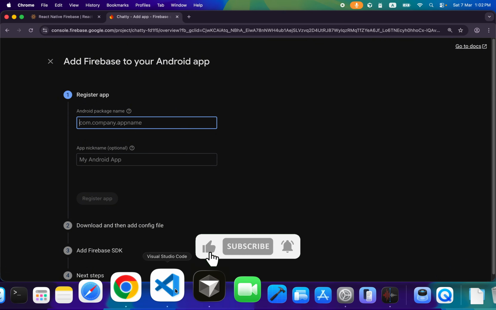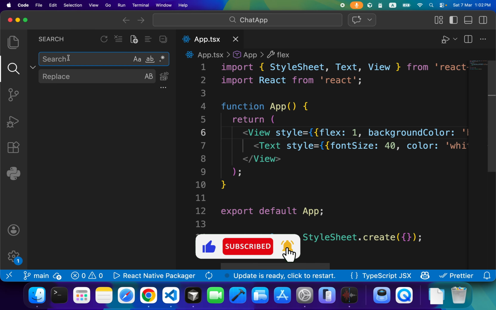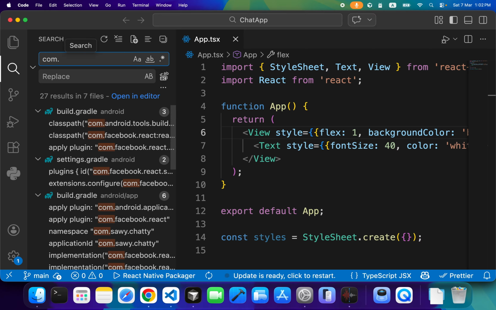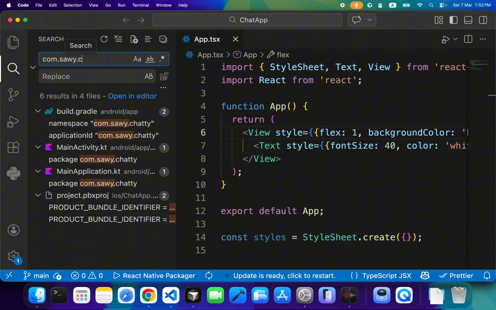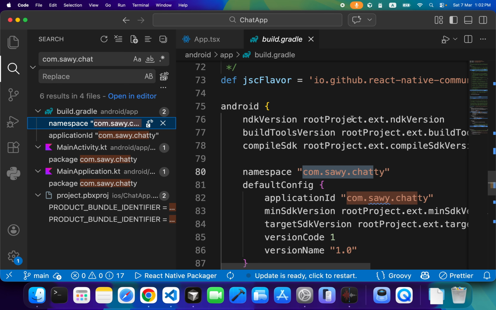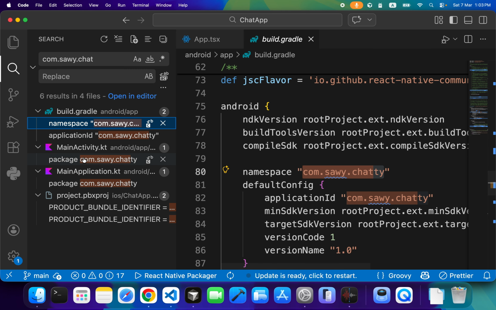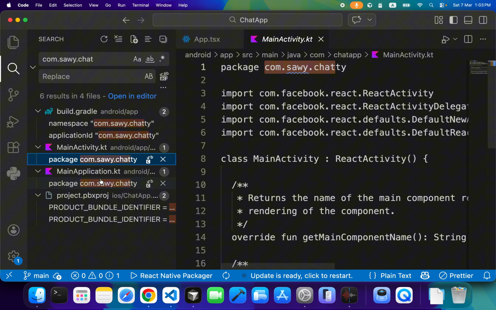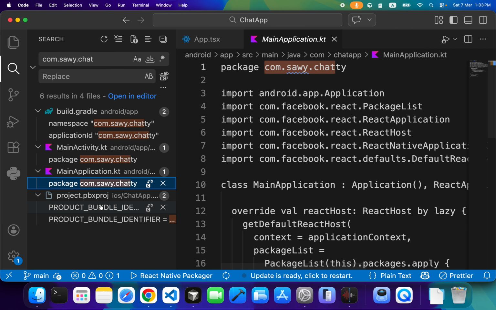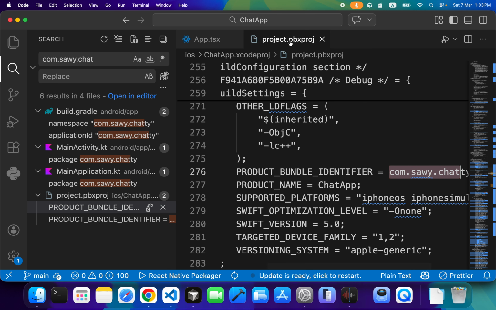So go to your code. For me, I was naming com.sawi.chatty. For you, you changed this middle name. Okay, so just copy it. This bundle, you can get it from MainActivity.kotlin or MainApplication.kotlin. That's for Android. For iOS, you can get it from this file,